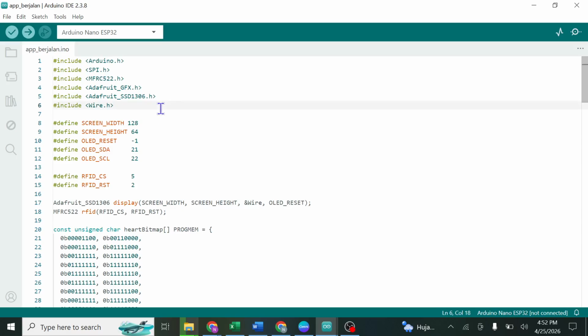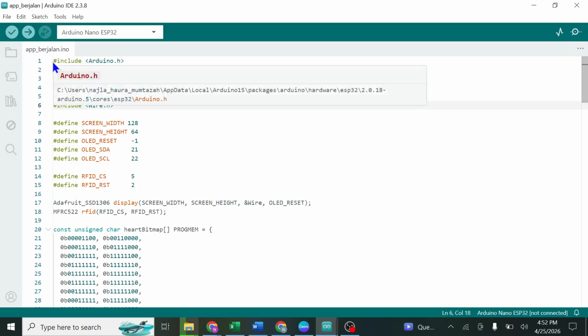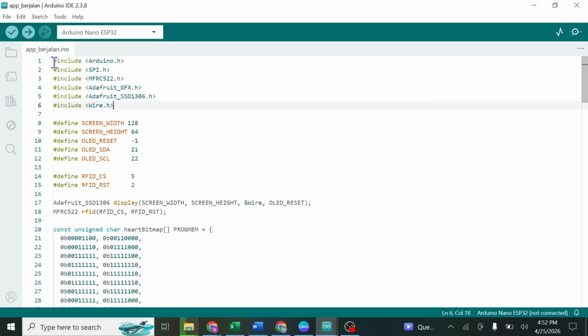First, we include several libraries. These are the libraries needed for this project. Arduino is the basic Arduino library.